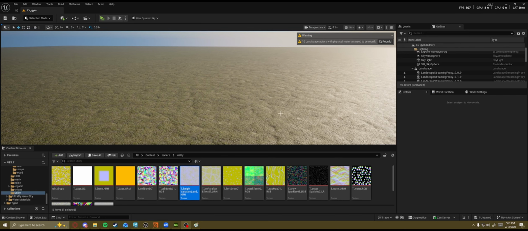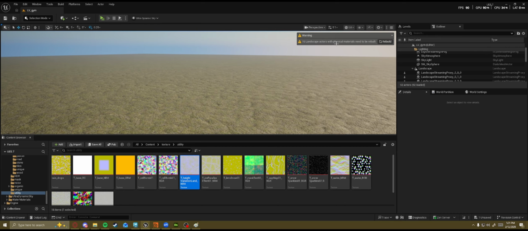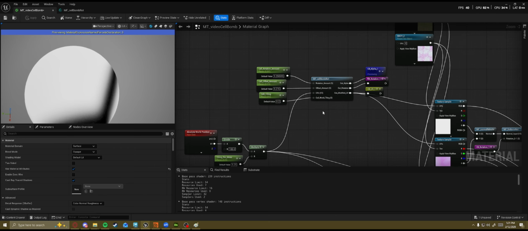Hey everyone, so today it's another video showing you how to reduce or literally remove tiling on a landscape in Unreal with shaders. So we've all seen multiple techniques. There's the cell bombing method, which basically just offsets the textures. I've made a new one which allows me to do